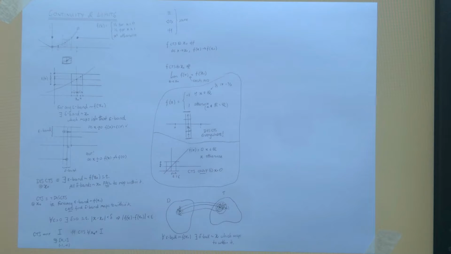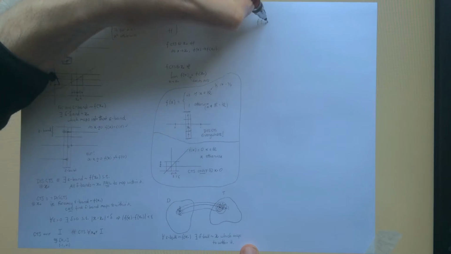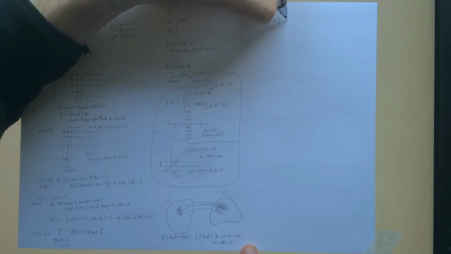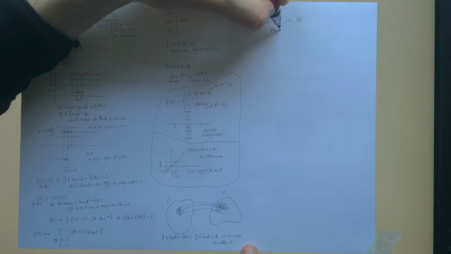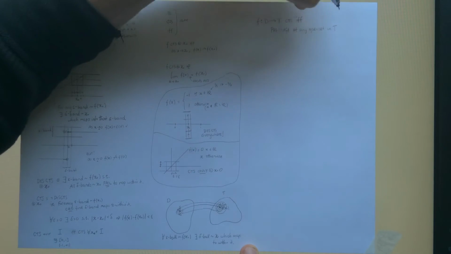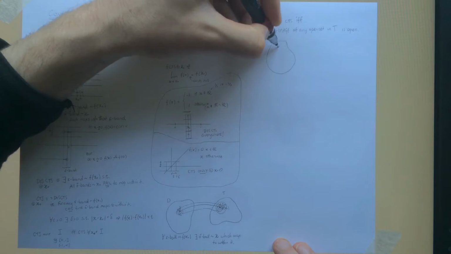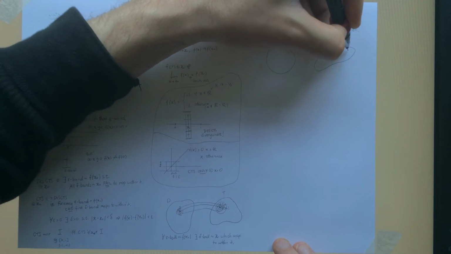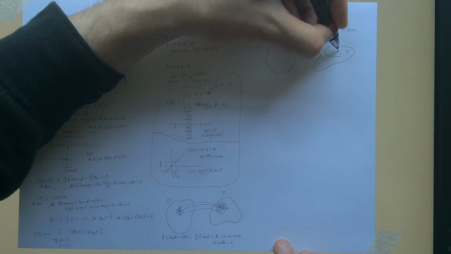And this leads us onto a metric spaces definition of continuity that says a function f which maps a domain to a target is continuous if and only if the pre-image of any open set in the target is also open. So we have our domain, we have our target, we have some open set S in the target which is open,